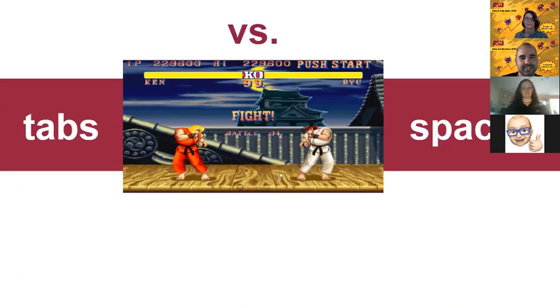I've had some fun recently just going into things like Reddit and looking up tab versus space debates. So do you use tabs to indent your code or do you use spaces to indent your code? Ultimately, what it comes down to is it doesn't matter. Just try to be consistent. Lots of people have done all kinds of performance comparisons with the two. Spaces make your code bigger because typically, assuming your space is more than one, it makes your code bigger.